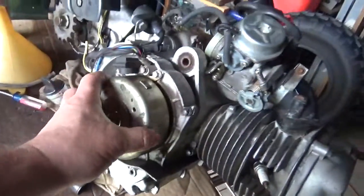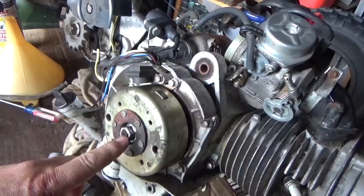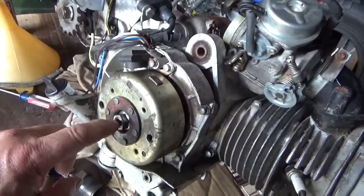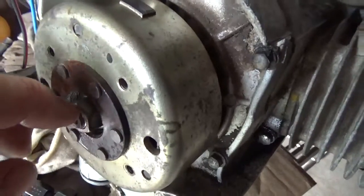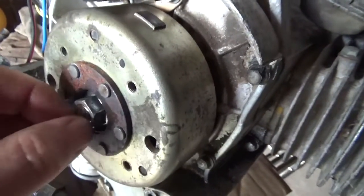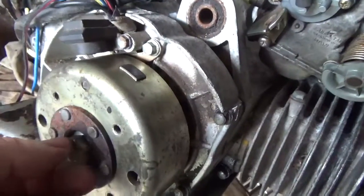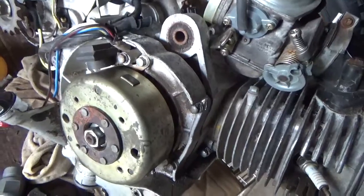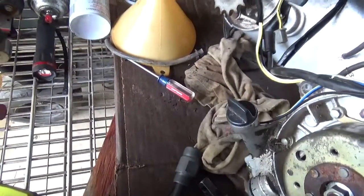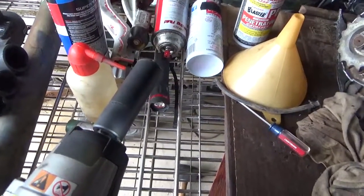But quickly, the trick is to get this flywheel off without screwing up the bolt, without screwing up the threads. Take a look at your threading system and make sure it unscrews, so to speak, in a counterclockwise way. And don't assume they all do, because they don't. The second thing is make sure that this thing is going to turn in a counterclockwise way,